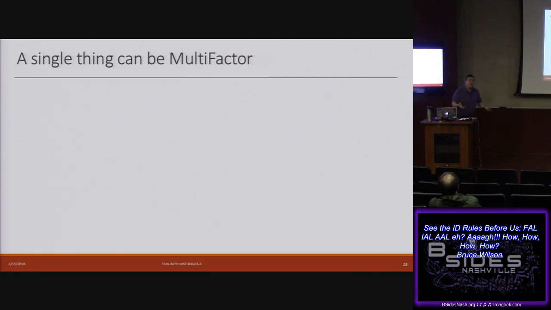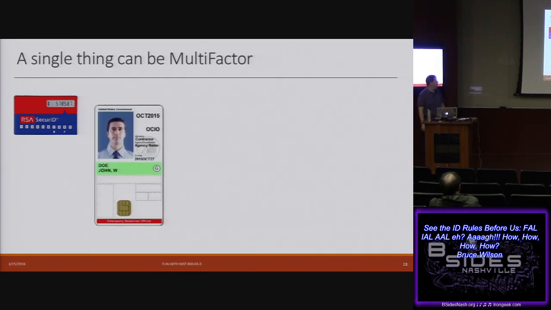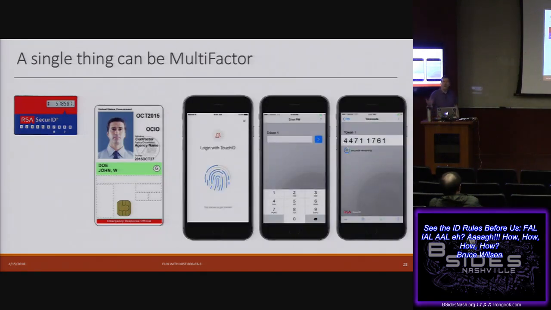I've pointed out again these kinds of multi-factor devices, and again just reinforcing that point that NIST makes a number of times: something can be multi-factor, so that PIN plus this is an example of something that you know and something you have. The PIV card, which I'm going to talk about in a minute, is another example of that. This happens to be a screenshot of the RSA SecurID app. So this is actually all three things if it's properly configured. You have something that you are, the biometric to unlock the device, something you know, which is the PIN, and something that you have, which is the one-time password token generator.